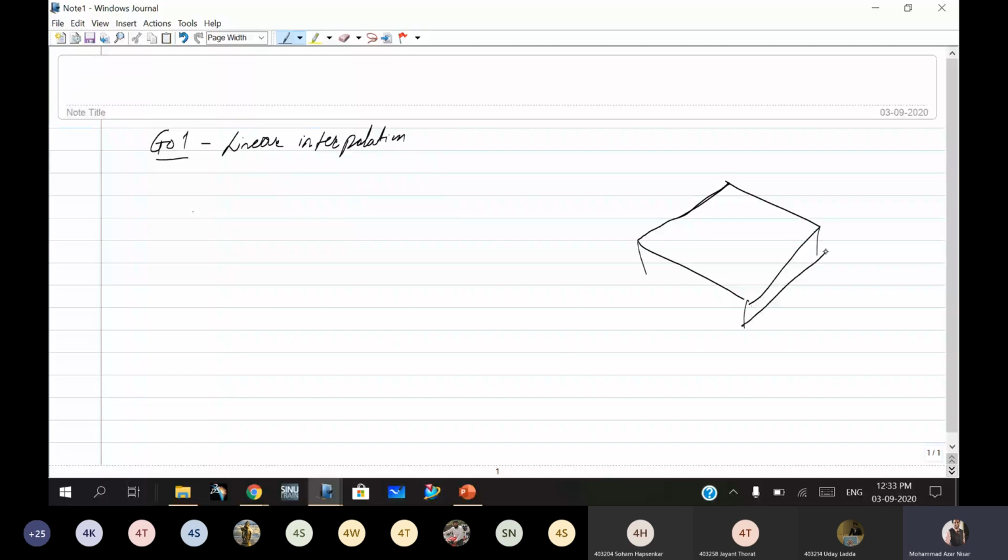Suppose a rectangle is there and you have to do pocketing. This is your point number 1, this is point number 2, 3, and 4. So it will move on the periphery of these 4 points. Okay, we will consider an example over here. If the cutter is over here, this is your x direction, this is your y direction, and this is your z direction. Always the working direction is z.